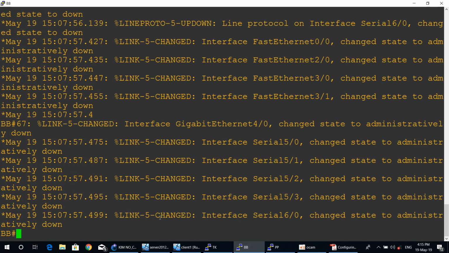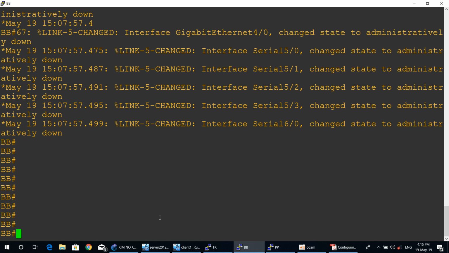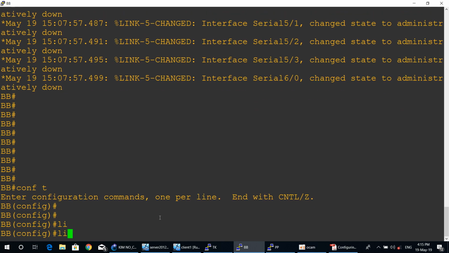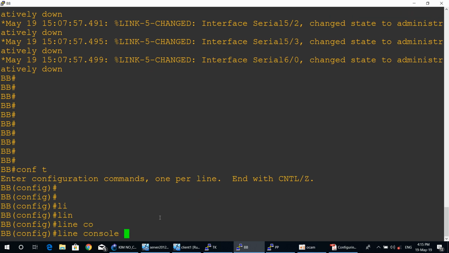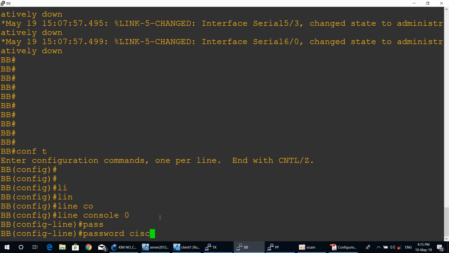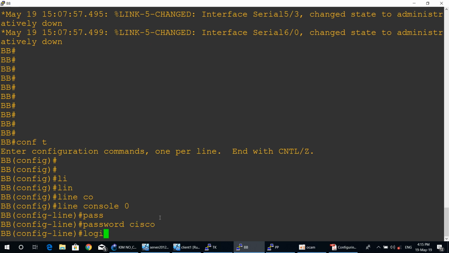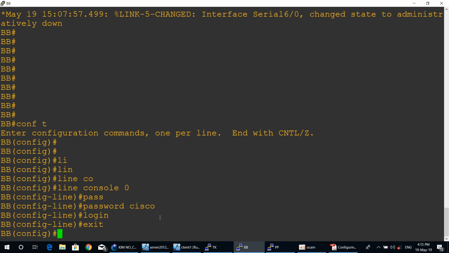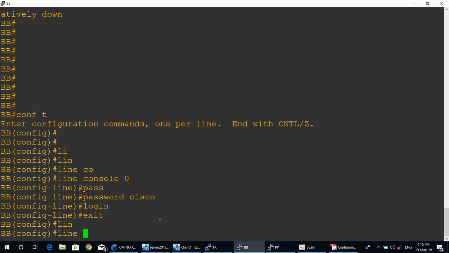router BB. Okay, as you can see now, I already connect to the IIS of BB, and now we are on privilege execute mode. I already config the host name, so we move to the global mode to config the password. Okay, line console 0 password Cisco login and then exit from specific mode to global mode and then configure virtual terminal password with command line